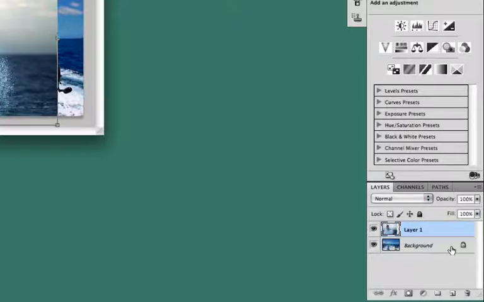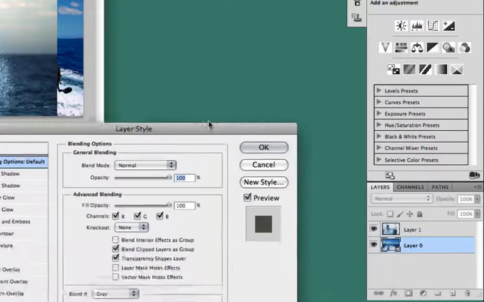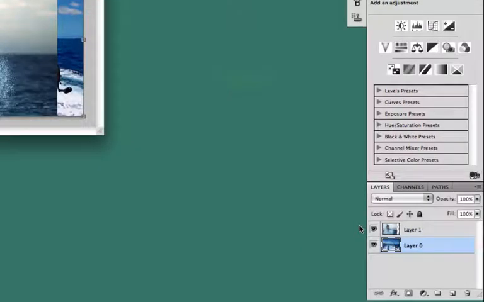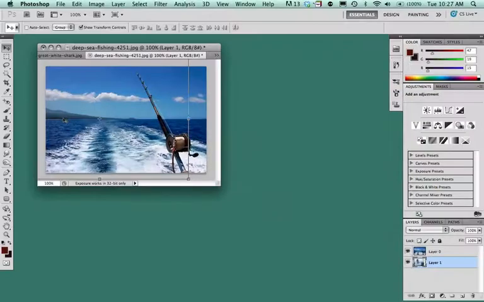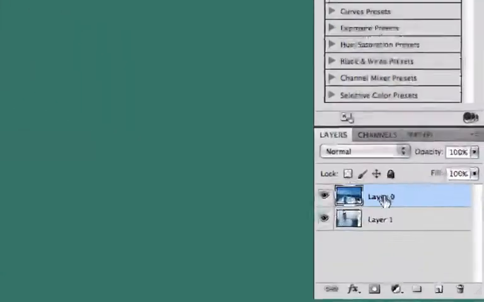However, you'll notice that I can't drag it there, so what I need to do is take the lock and drag it down to the delete button. If I wasn't able to do that, I could click on it here and make it into a layer and click OK. Now I'm going to drag that to the bottom layer so that we no longer see that layer anymore. I'm now going to click on the top layer, which is the image of the ocean with the fishing pole,